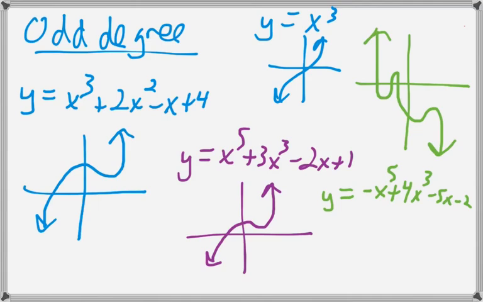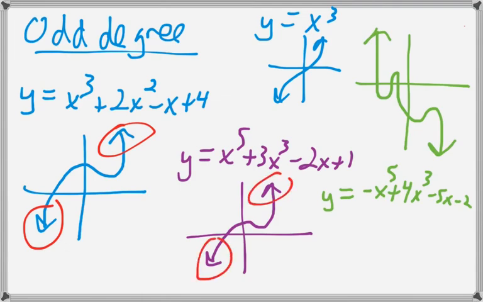Whereas for our even degree polynomials, the end behavior was the same at both ends, what we're seeing here is that for an odd degree, the end behavior will be opposite. One end will be pointing down, the other end will be pointing up. And the leading coefficient actually tells us which end points up and down. If you think about our basic y equals x cubed, the left end points down and the right end points up. If you were to reflect that,